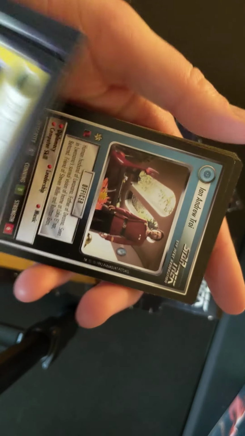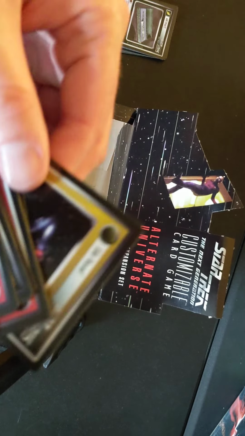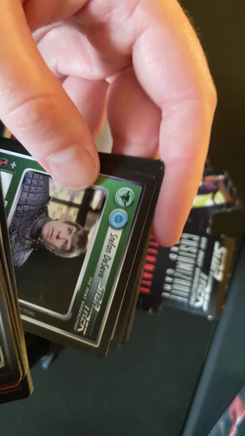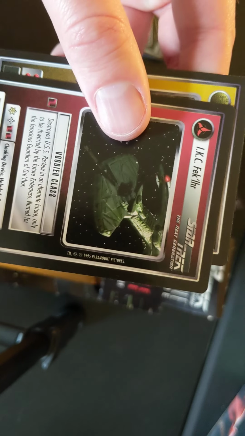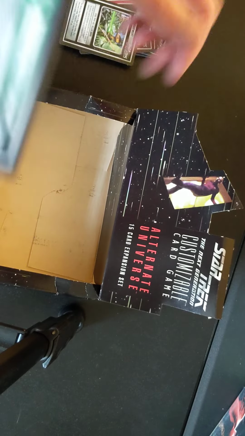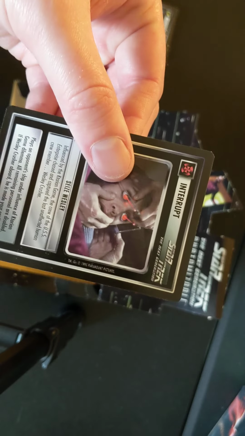Ian Andrew Troy, Flute, Iconian Gateway, Edo Vessel, Stefan Desev, Wartime Conditions, Dathan, Klingon Ship, Killer Drone, Commander Tomalak, Interrogation, Qatar, Sees Wesley,